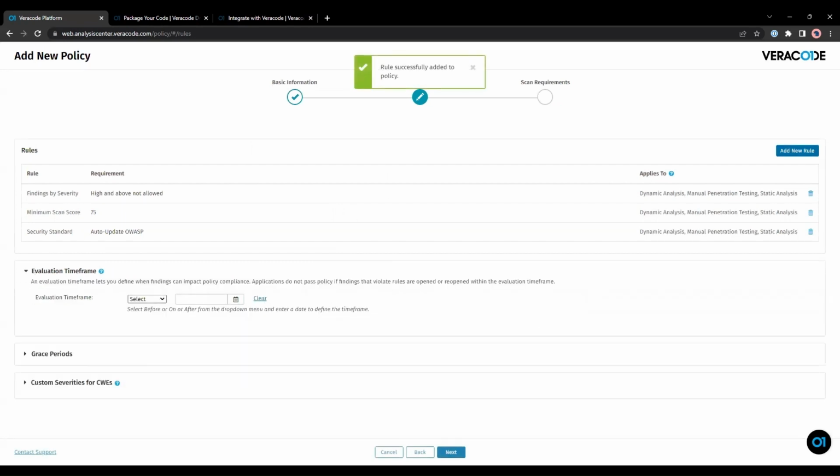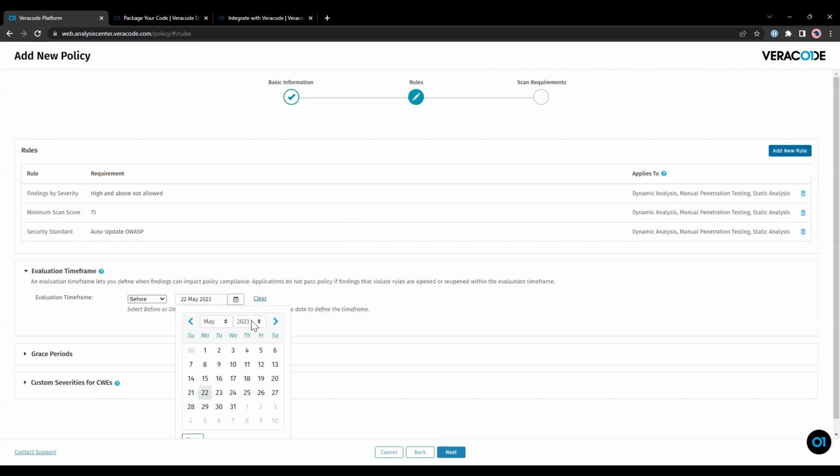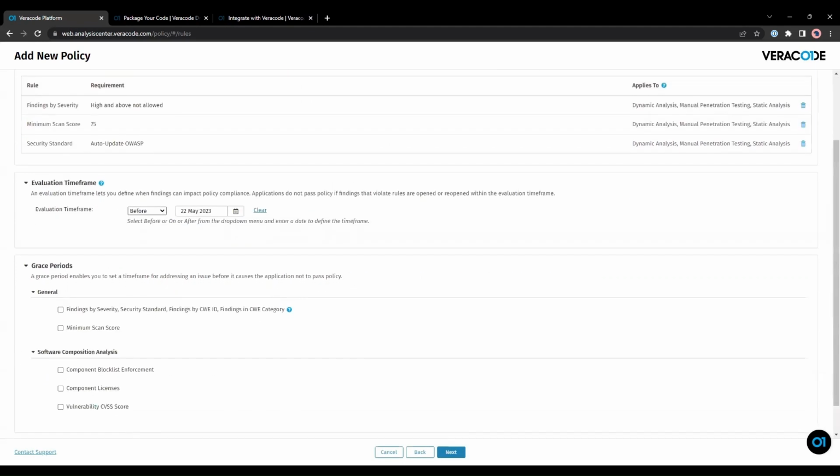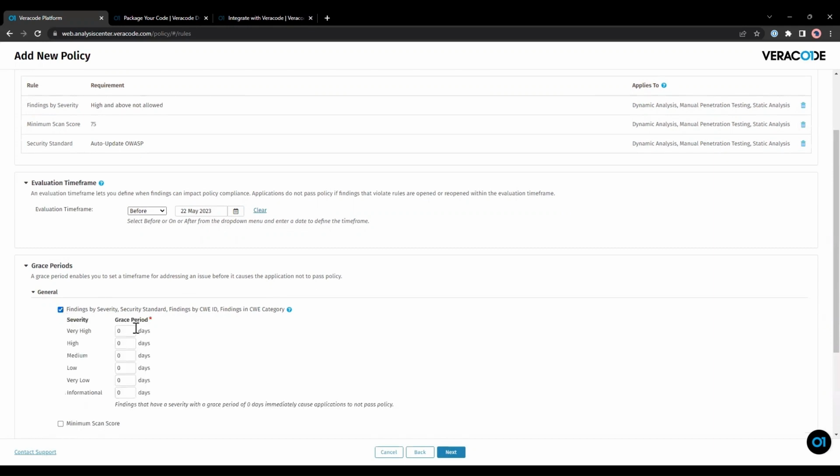For the evaluation timeframe, we can define when these findings will impact the policy. So we can set before, and then we can select a date. And so any findings before this date, that's when it will affect the policy. We can set grace periods as well. This way we can say findings by severity, and we can give a grace period and a number of days